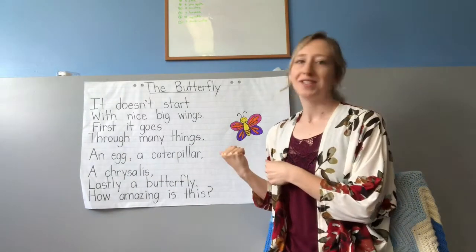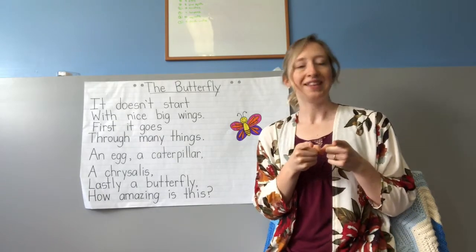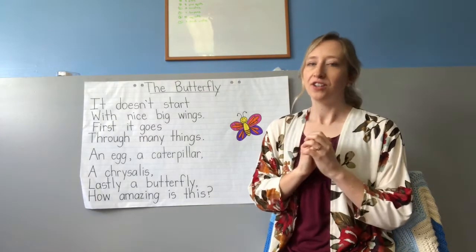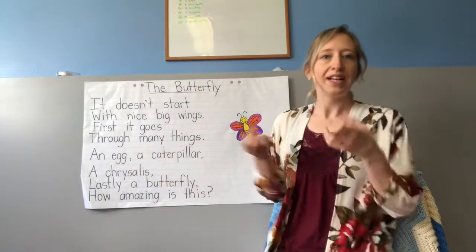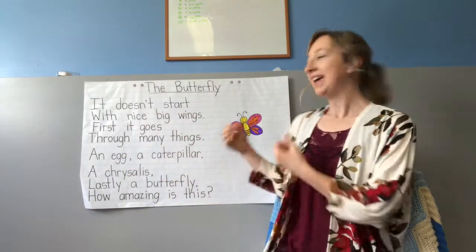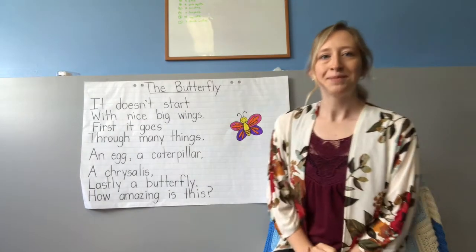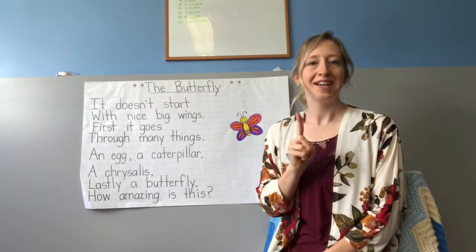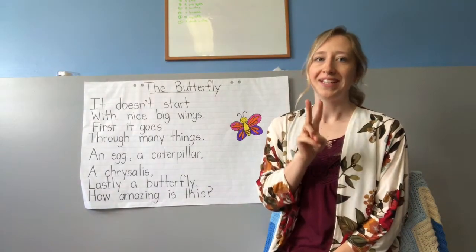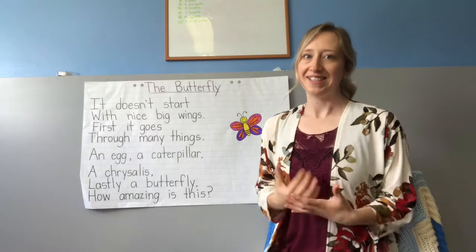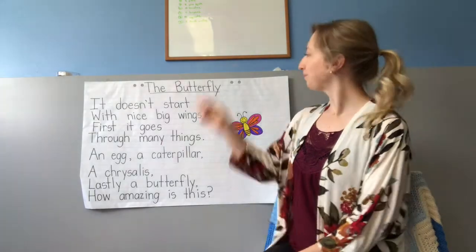The reason I chose this poem is because I feel like you grade ones are like that butterfly. At the very start of the year, you were right here. You were an egg ready to take in all of the information, and at the end, you came out a beautiful butterfly. We are going to read this poem two times. The first time to learn all of the words, the second time to read with expression. Now, since this is our last video, you want to read nice and loud and proud.